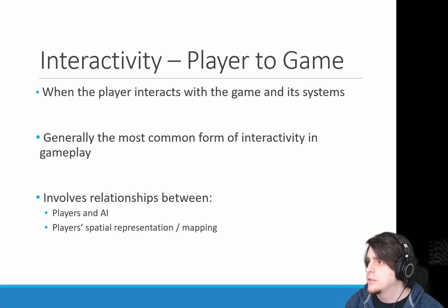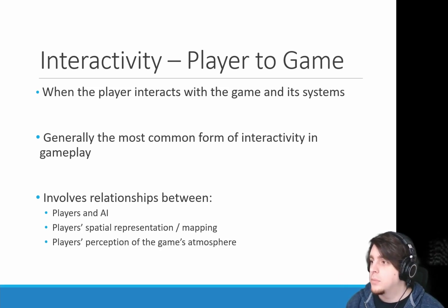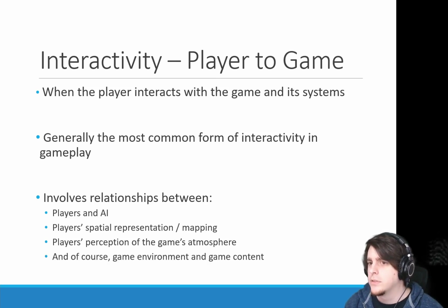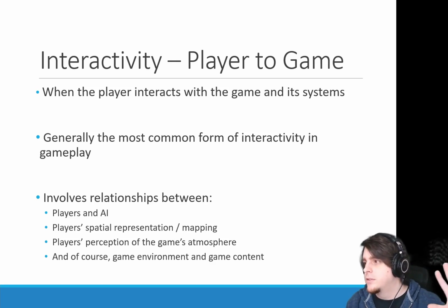We think about how players interact with their perception of the atmosphere of the game. And of course, generally the game environment and the content within the game. And so what we're going to do is I'm going to briefly touch on each of these